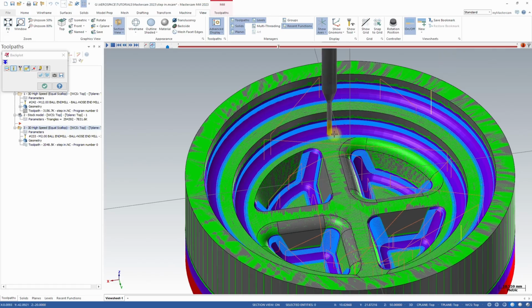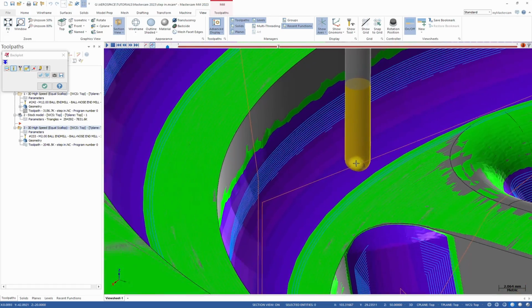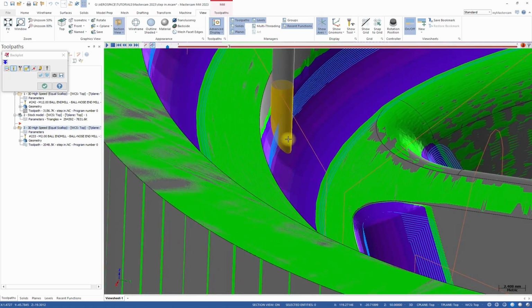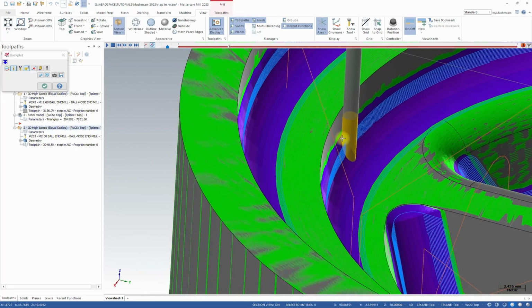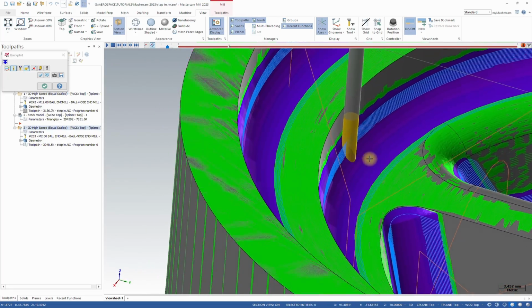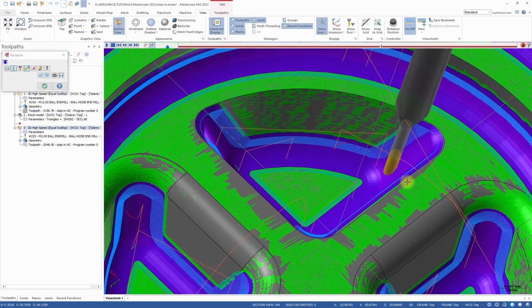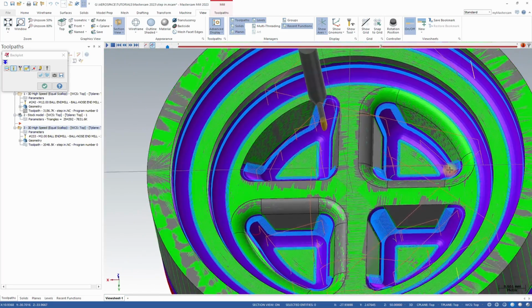So if we go here, okay, let's go a bit further. Look at this. Half of the tool is buried in the material, okay? And you don't want to have to take that heavy cut, especially in those tight corners. Look at this. That is not an ideal situation. However,